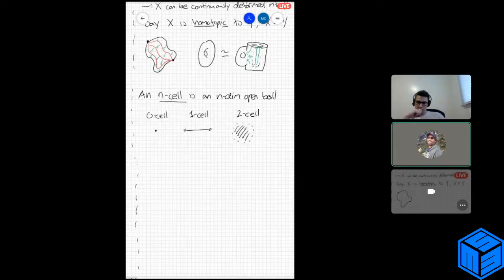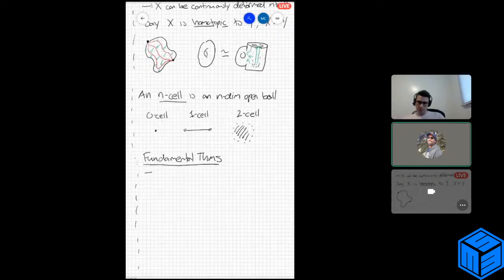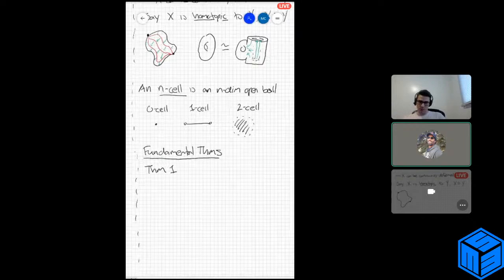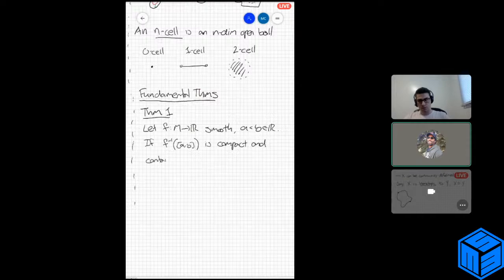The recipes in this case are what are called the fundamental theorems. And there are two of such theorems. They will tell us how to use Morse theory to build shapes. So, theorem number one. Let f be a smooth function from M to R. A is a number less than b. If the preimage of the set [a, b] is compact and contains no critical points,